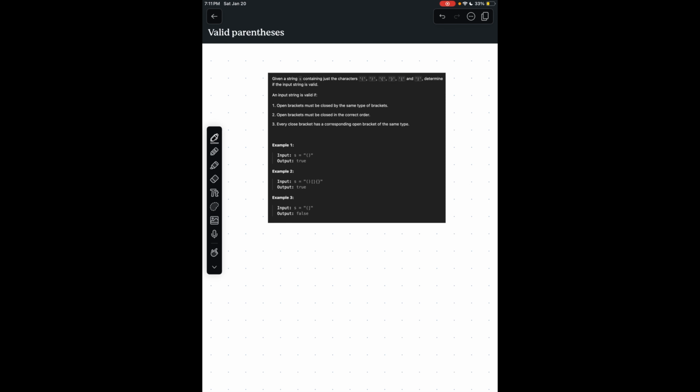So here's the question. Given a string s containing just the characters denoted by the different parentheses, like opening and closing parentheses, determine if the input string is valid. The input string is valid if an open bracket must be closed by the same kind of bracket, like this bracket should be closed by this bracket, and this should be closed by this bracket. Open